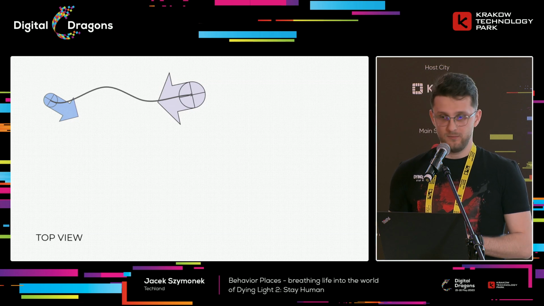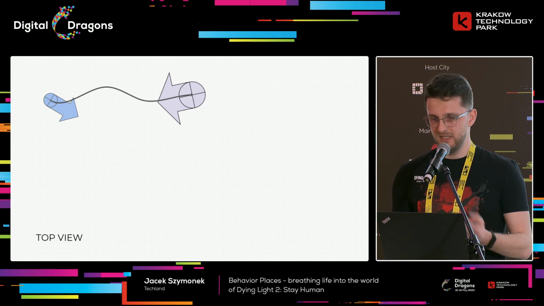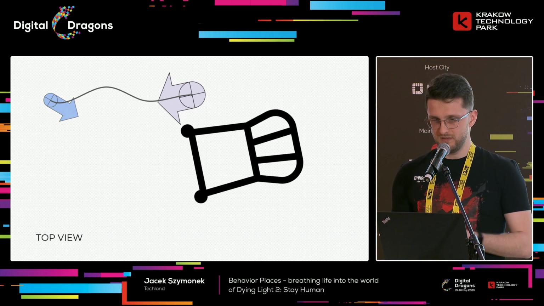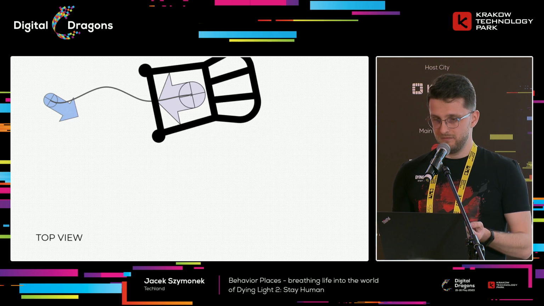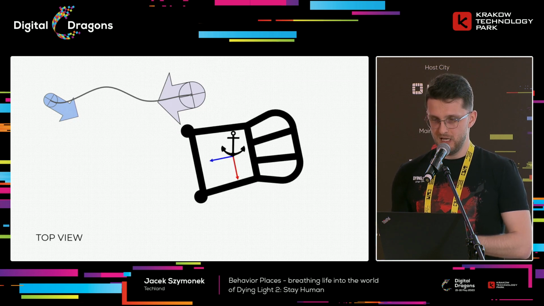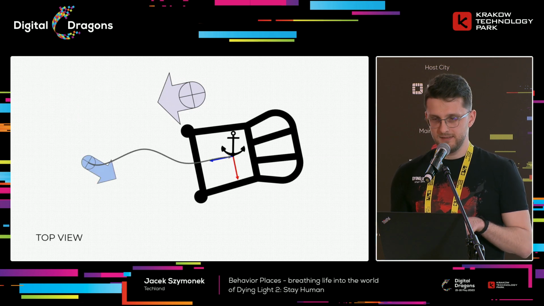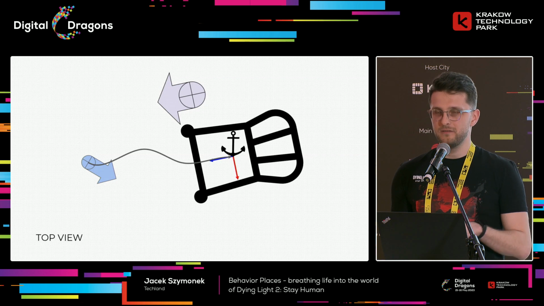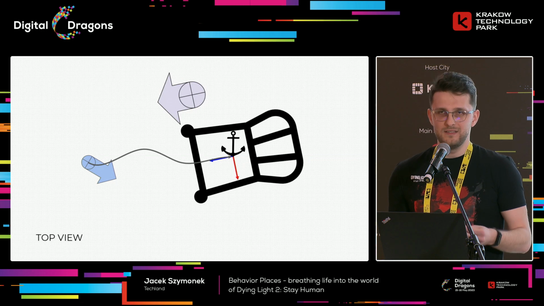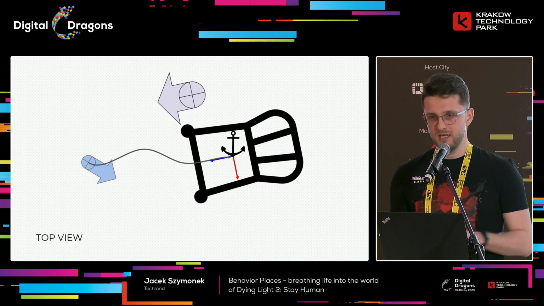Coming back to our previous example with the chair, if we place the behavior place entity right there and connect this chair to it, the chair would align itself. And with anchored anim meshes, we do something different. Using the calculated mesh point, we shift the entire animation space so that it matches the anchor entity. Now the whole activity graph aligns to the anchor, and it does not matter where the behavior place entity is placed, because now the anchor mesh is the reference point for the entire activity graph.